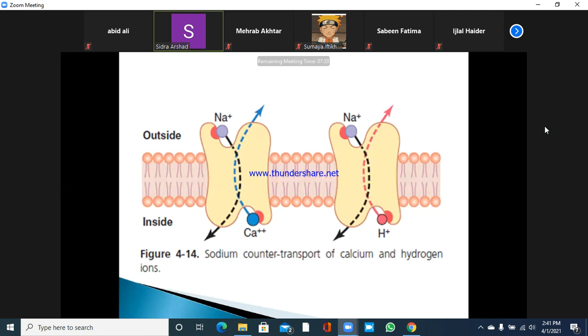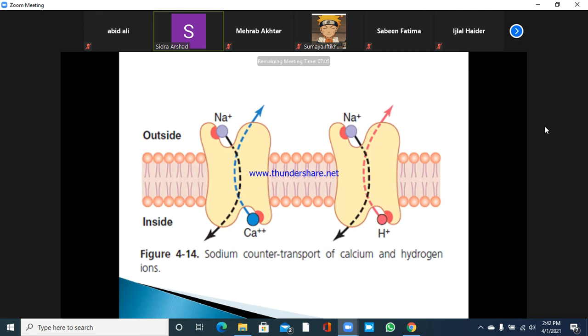Then the other type is secondary active transport, which indirectly uses the energy which has been stored in the form of concentration gradient. So now that gradient is then utilized to cause the movement of another ion and or particle across the membrane. So this type of movement is known as secondary active transport, and it has further two types: